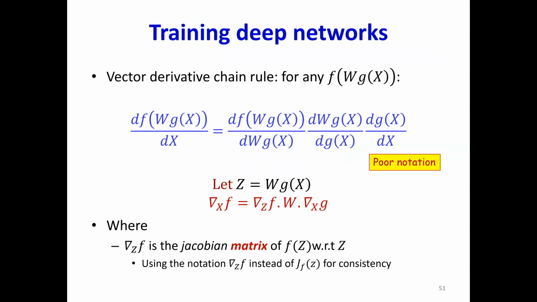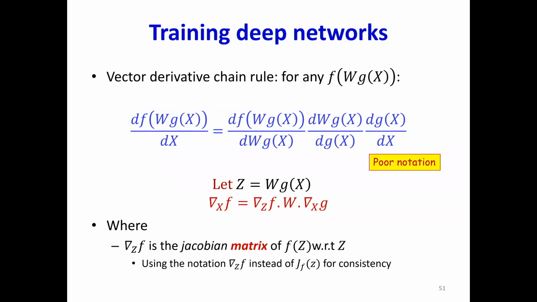Okay, now look at this, I'm going to use some horrible notation here. If I have some f of w of g of x, okay? If I want the derivative of f of w of g of x with respect to x, which is the innermost argument, that's going to be the derivative of f with respect to w g x times the derivative of w g x with respect to g of x times the derivative of g of x with respect to x. Written left to right because these are all vectors. My notation is bad. The nabla notation tends to be confusing, so I made this explicit, right?